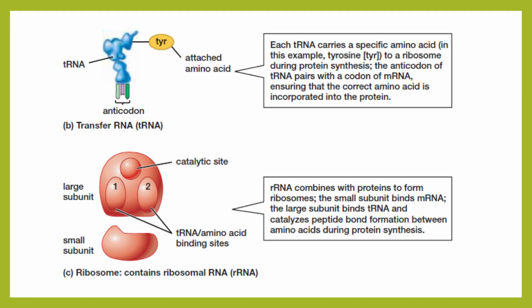Here, besides the messenger RNA, which carries the genetic information, there is the transfer RNA, which has a very small S value, 4S, and its nucleotide length varies from 75 to 95 nucleotides. It has a linear structure, and it can give rise to secondary and tertiary structures. In the tertiary structure you can see it has two ends.